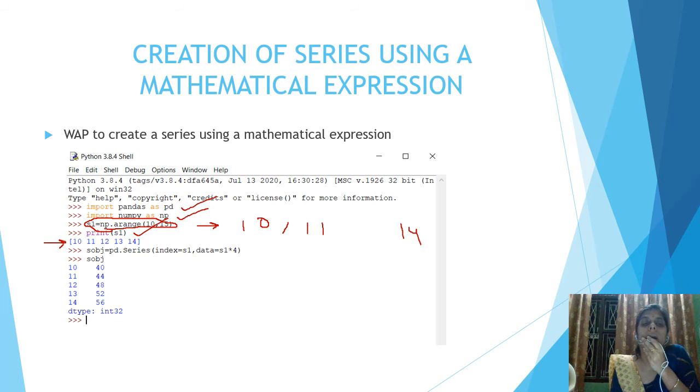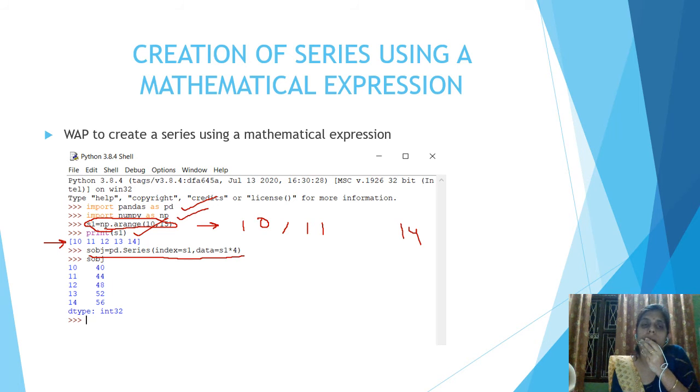Now I will create a pandas series object using this numpy array and a mathematical expression. Here you can see sobj is equal to pd.Series with index equal to s1 and data equal to s1 into 4.